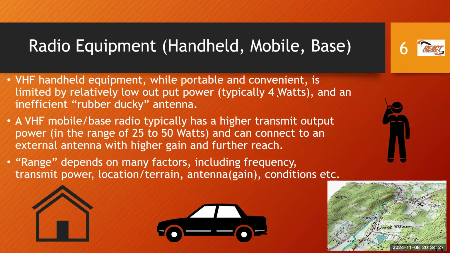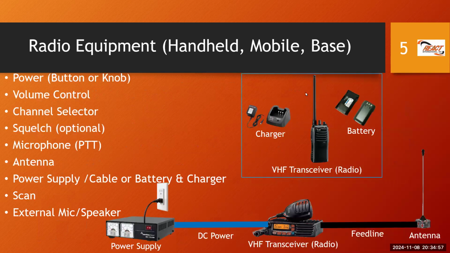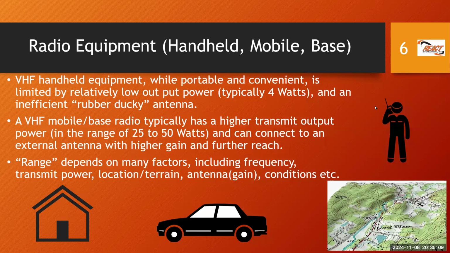So 4 watts, some radios may do a little more, some may do a little less. And of course, many radios give us the flexibility to switch between low, medium, and high power. But the maximum power of a handheld is limited because the power supply is very small, it's portable, and we want to make it compact as well, right? Also, the antenna on a handheld radio is not very efficient. This antenna here, we often call a rubber ducky antenna because it's very flexible, and it tends not to be a very efficient antenna. So that causes the limitation of handhelds.